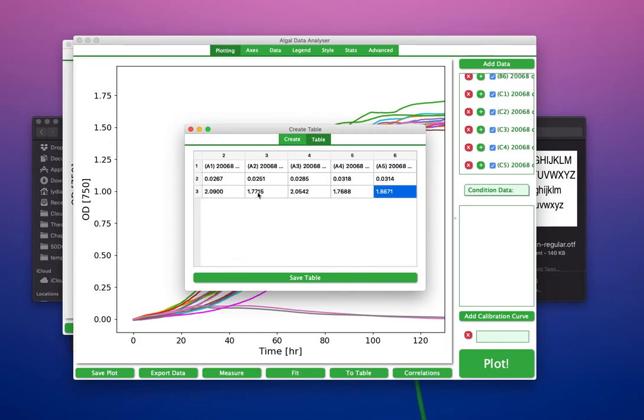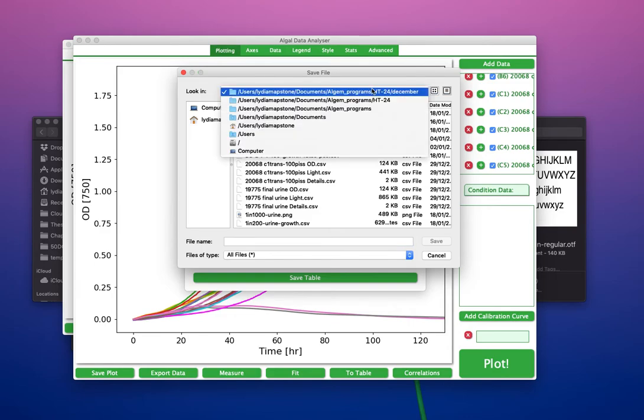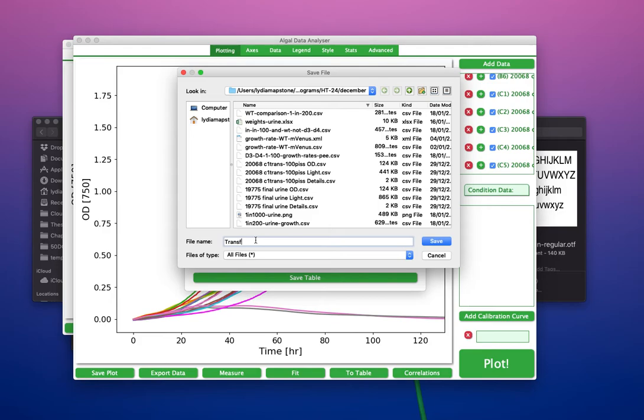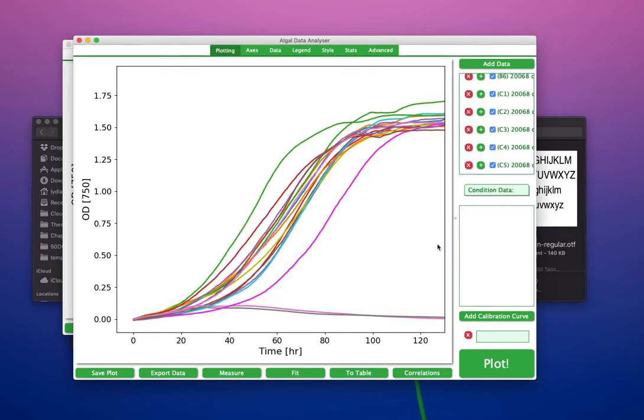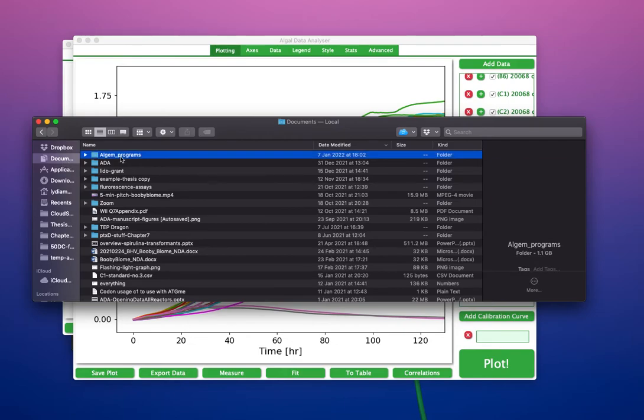So about 1.867 grams for one of my reactants apparently. So then what you can do is you select save table and a box will pop up and you just say where it is you want to save it. Where am I saving this? 24 December, yeah. So this is transformants, growth rate, biomass yield. Save, and then you can navigate to that folder, which was somewhere in here,